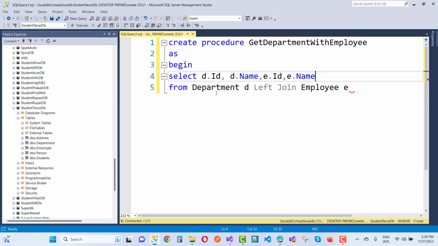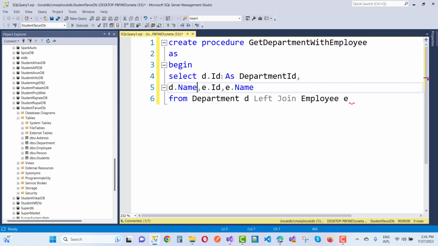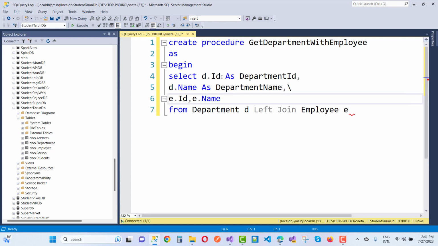Okay, so here we have from department D, left join employee E. So here we have D dot department ID. You can just consider that as the department ID, and the next one is D dot name, consider it as the department name, and now the next one is E dot ID,